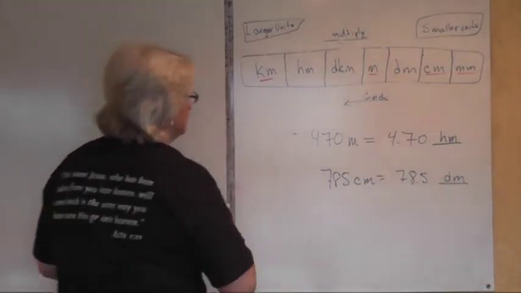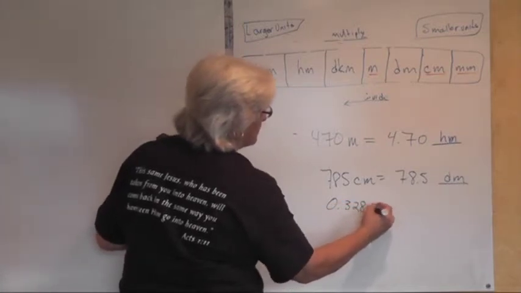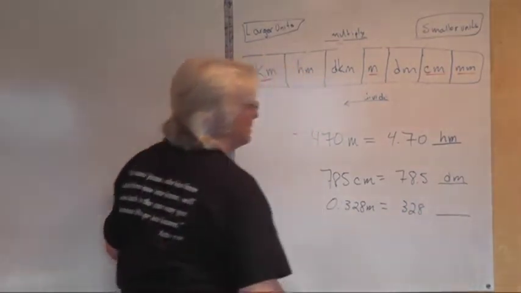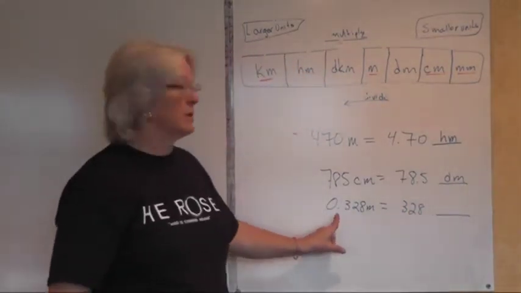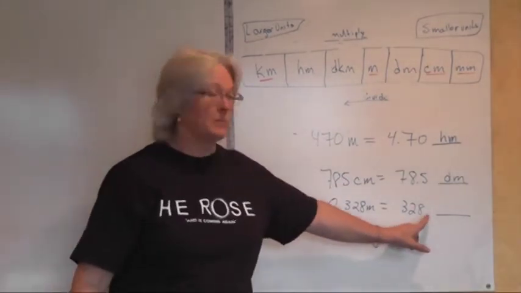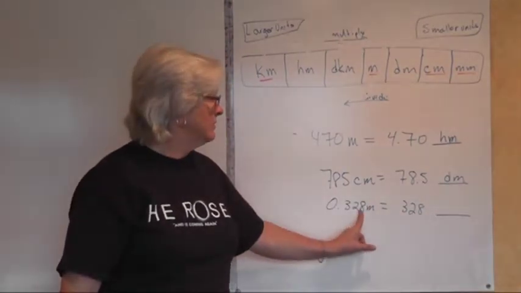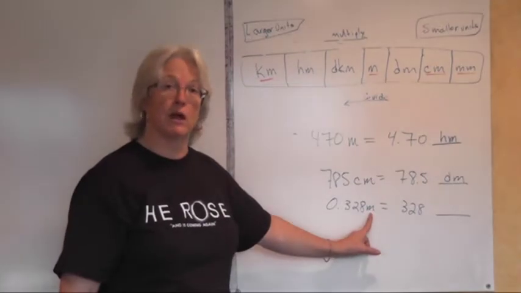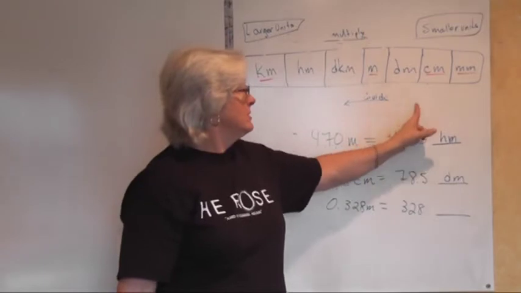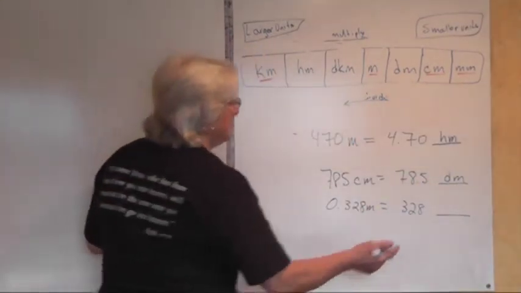0.328 meters. 0.328 meters is 328 what? What's happened to our decimal point? It started here to the left of the 3. It's ended up here to the right of the 8. It's moved 1 unit, 2, 3 places to the right. We started at millimeters. We moved 1, 2, 3 places to the right. What's our unit? Our unit